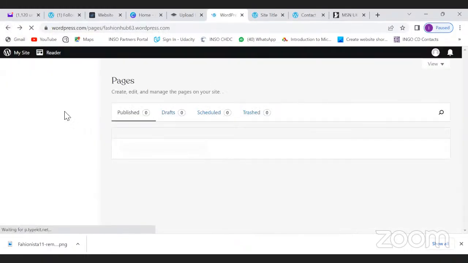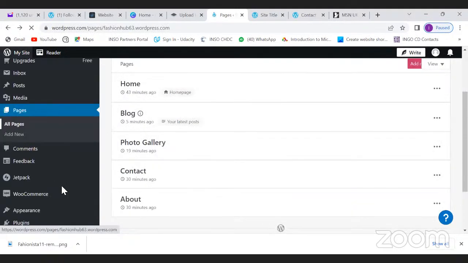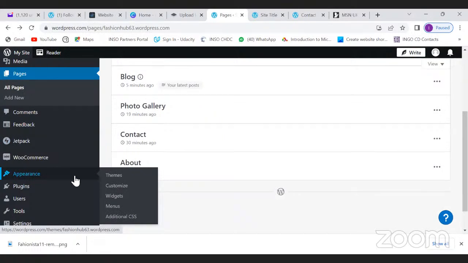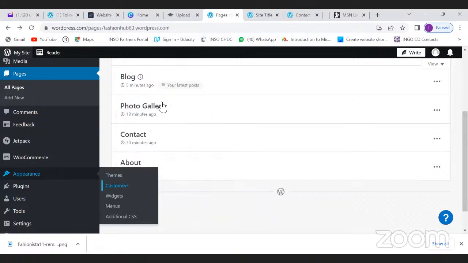I want you to see properly. So if I wanted to customize the site title, or I wanted to customize the logo, where would you go? Like I said, everything is under appearance, how your website would look. So if I want to customize the colors and the logo and the site icon or the favicon, you just come here to customize. So I'm going to open it in a new tab